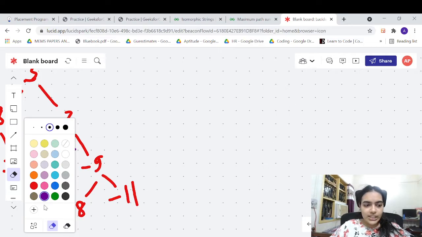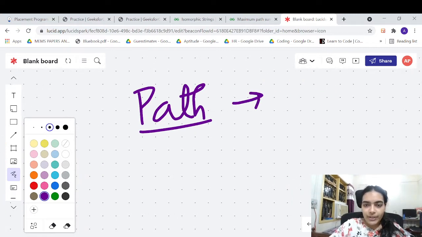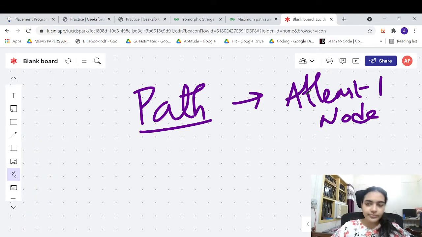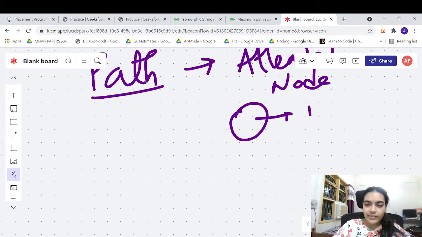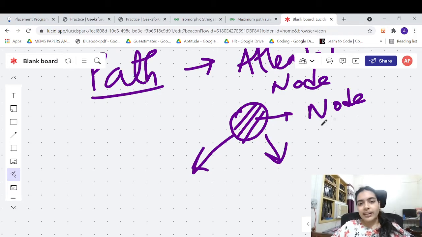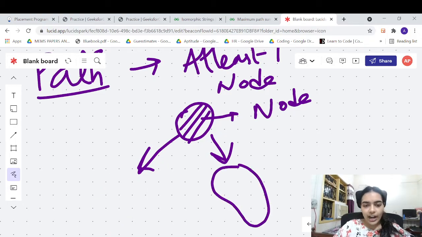The simple approach to solve this question is this: we need to find a path, which means we must take at least one node. We saw that a valid path will have at least one node. Now let's say we take this as our node that we are definitely taking, because we need at least one node. Now what about its left and right children? Should we take the path that we get from its left child or right child? How do we decide that?